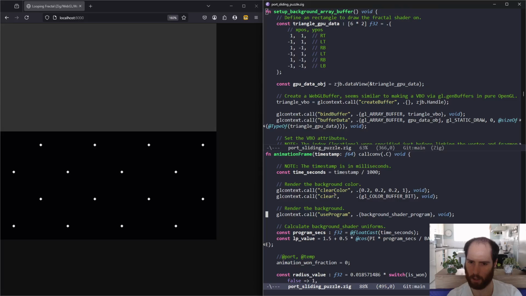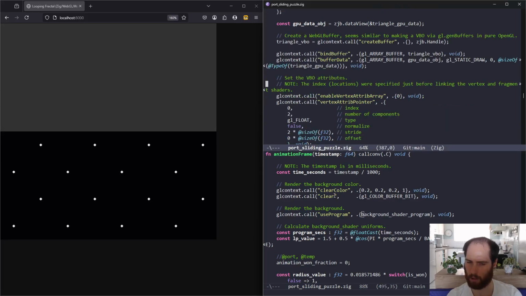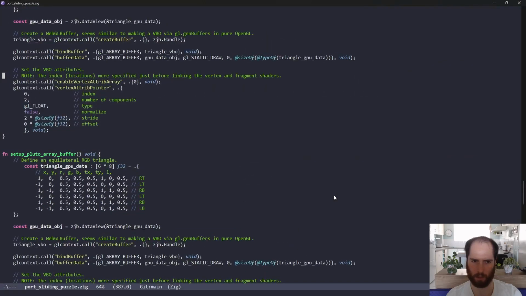We're saying clear the color, and then just use the background shader program. Is this where we need to say, like, activate the VBO? I feel like we do, like in the sliding puzzle,